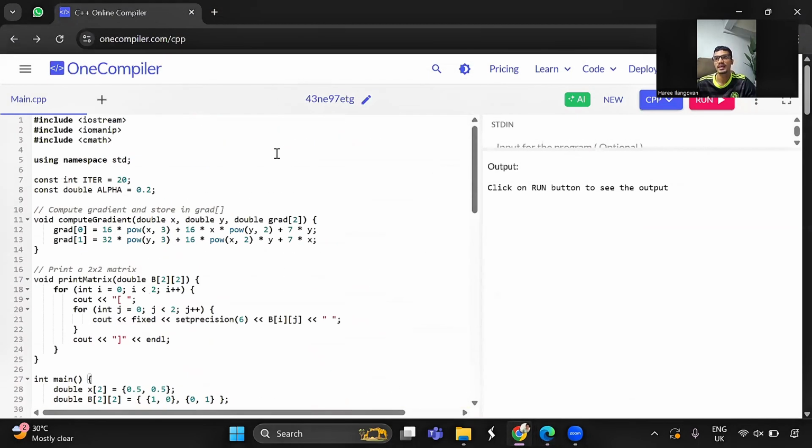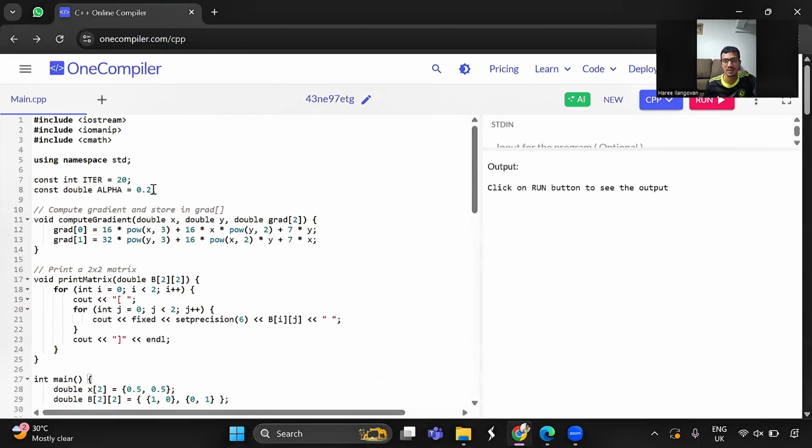So this is the code that I have over here. For the code, as you can see, I use the include iostream to allow the input and output operator, include iomanip to have the maths formulas, and I also have cmath to have the precision for the decimal places. So I use the namespace std, and then I set the iteration to be 20. I set it to be a constant value, and also the alpha I set to be a constant value